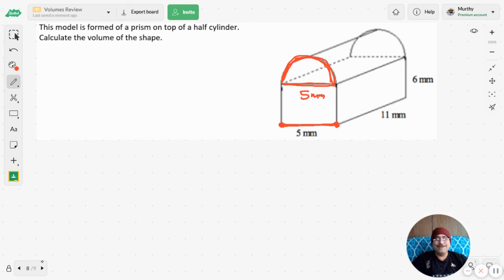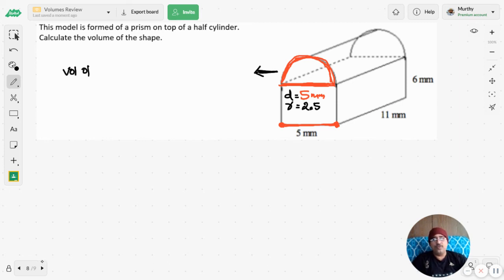But notice that this is the diameter. This is going to be the diameter. Therefore, if the diameter is 5, what is the radius? Half of that, which is 5 over 2, or 2.5 units. 2.5 units. So you have to find the volume of